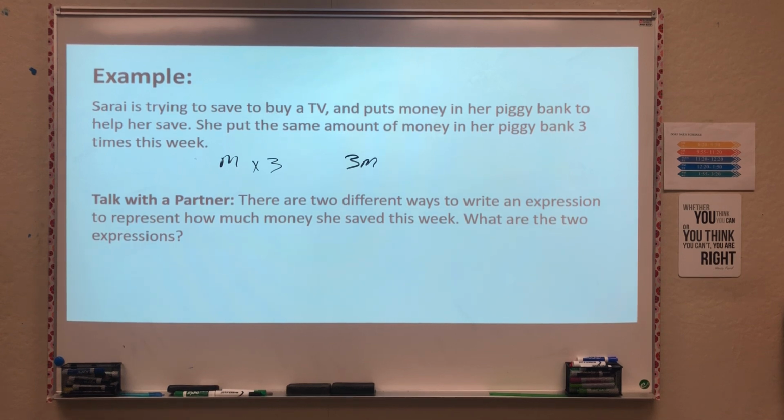I'm going to forget the variable for a second. Let's pretend I told you how much money she's saving. Let's say she's saving $10 each time. How much total money has she saved this week? So $30. How are you getting $30? Because she saved the same amount 3 times, so 10 times 3 is 30. What's another way you could do that math? Instead of 10 times 3,